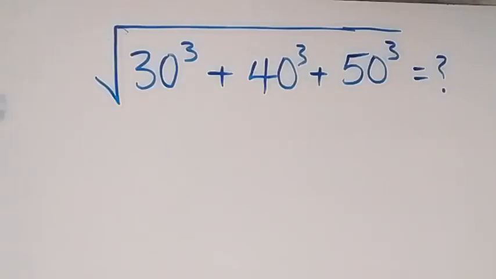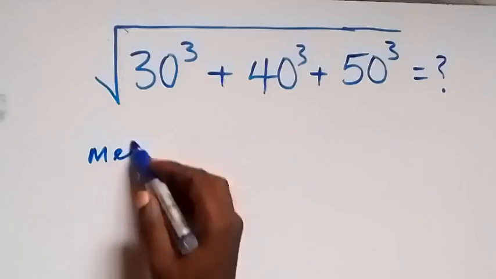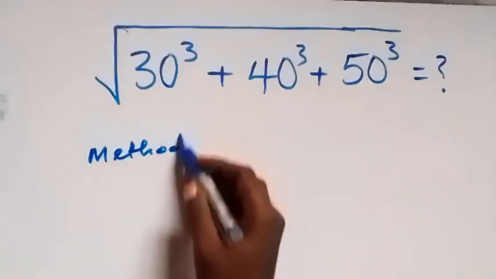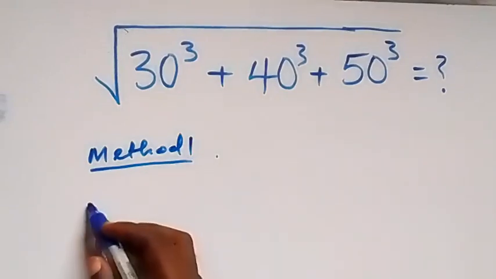Hello, you're welcome. How to solve this nice square root problem? Let's use two methods here. From here, method 1, on what is given here, we can rewrite this as square root of